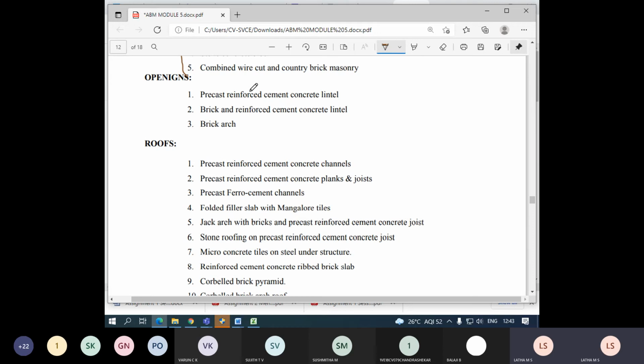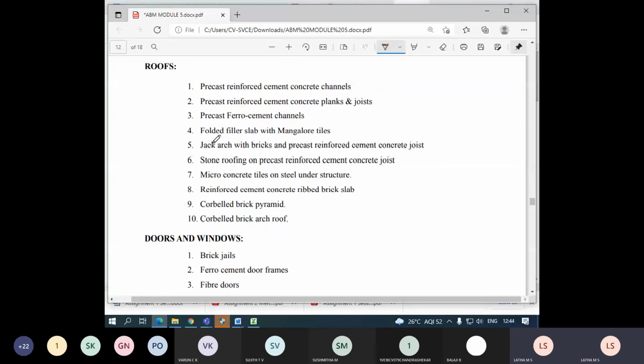Instead, if you purchase from the precast site, it may reduce the cost. Similarly, you can have a mix of brick and reinforced concrete lintels or a brick arch. So for openings for doors, windows, or some lobby you are creating for your own furniture, you can always think of these.